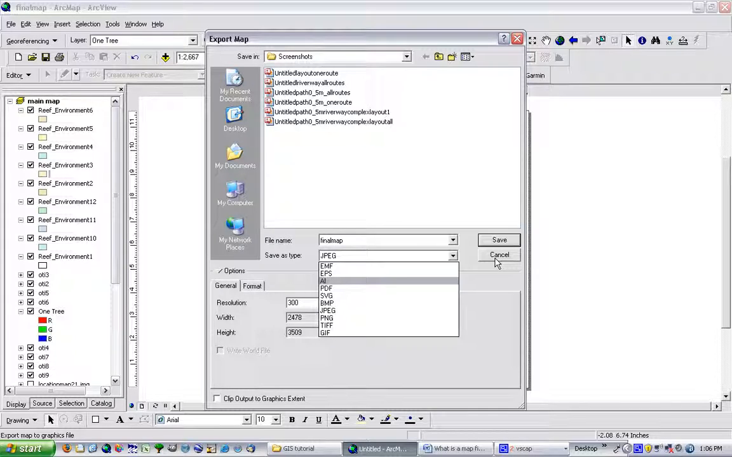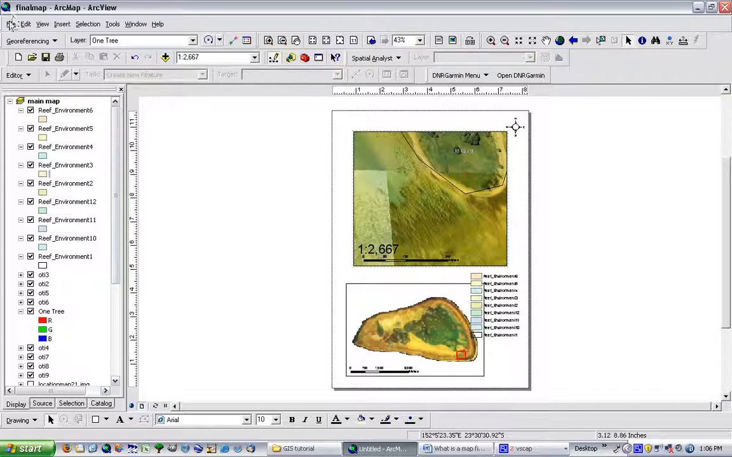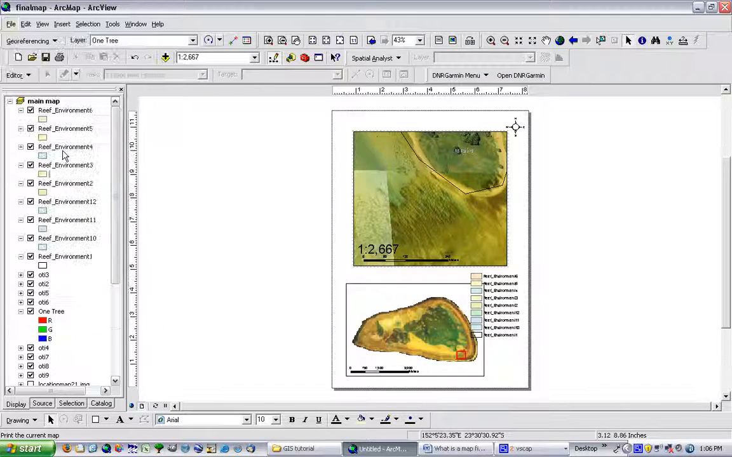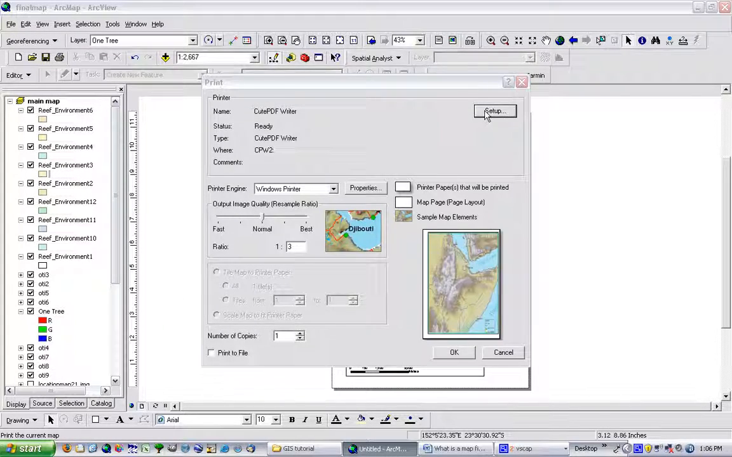So you just export there and just browse to save a file, and you can also print. So you just go print, and then setup means you can choose exactly where